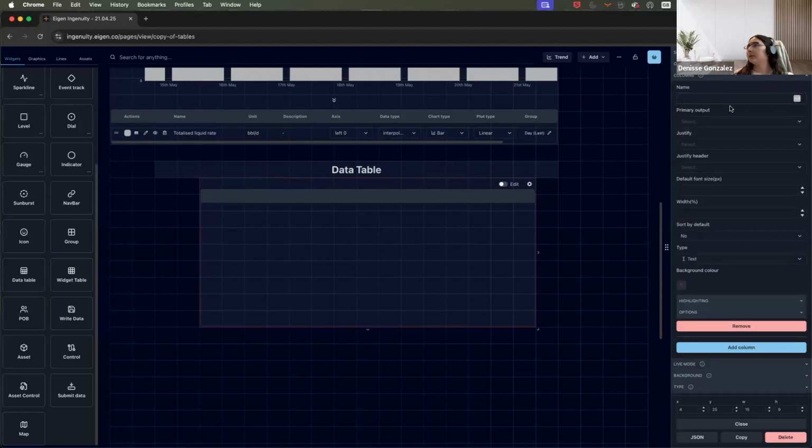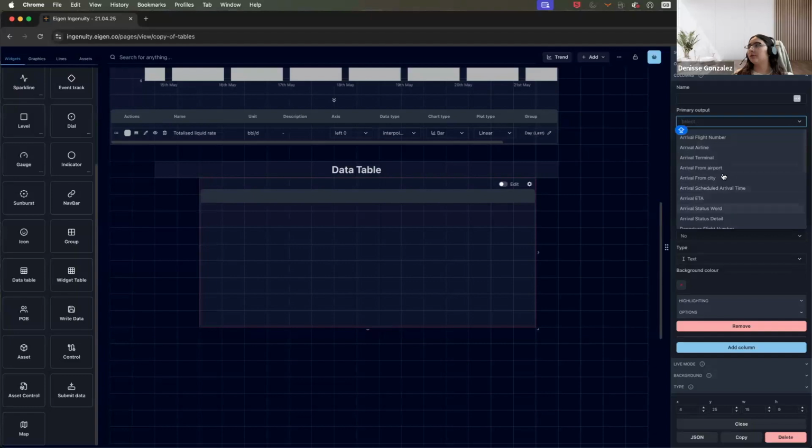And then here in the name, it's completely up to you what you want to name each column, of course. And under primary output, you can see all the different options that this particular API gives you to show. So these are gonna change depending on the API that you're adding. In this case, we have this option. So what we're gonna do is we're gonna select